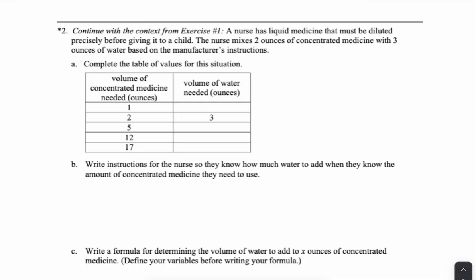Okay, so now let's move on to number 2. It says, using the context from the first thing where we've talked about the medicine we've mixed, a nurse has liquid medicine that must be diluted precisely before giving it to a child. The nurse mixes 2 ounces of concentrated medicine with 3 ounces of water based on the instructions. How many ounces of water will be needed? Now, this is what's great. We know that it should always be a 2 to 3